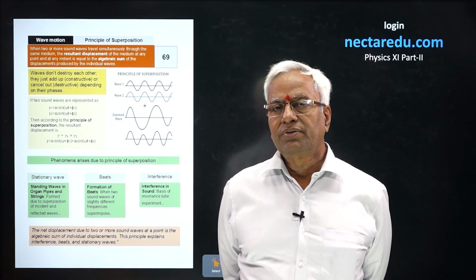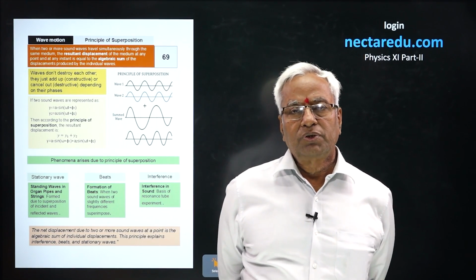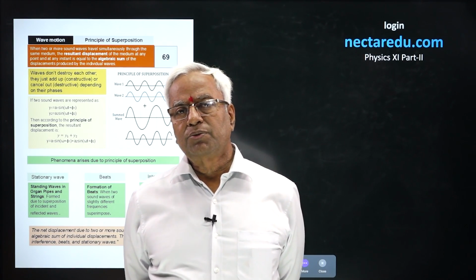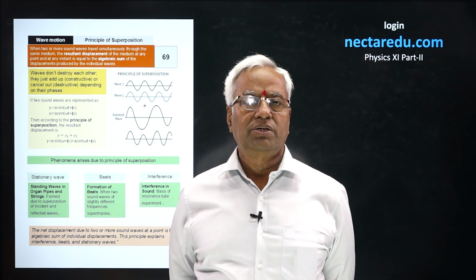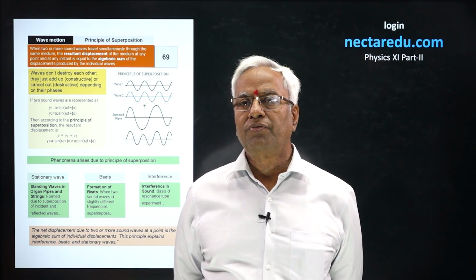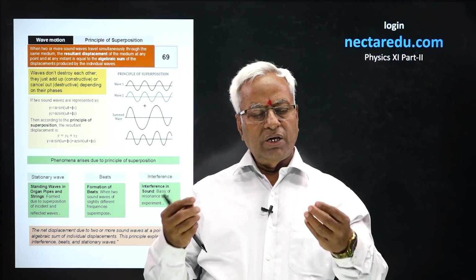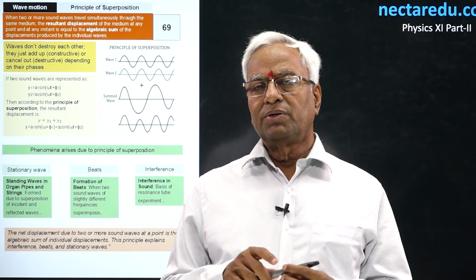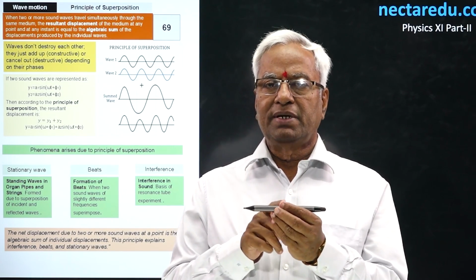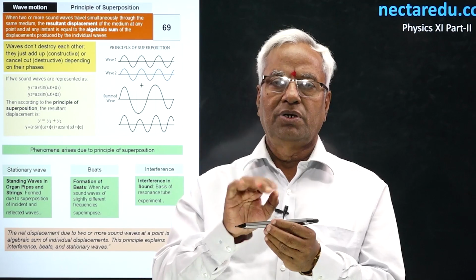Interference. Interference is the outcome of superposition of waves. First of all, we should know what is the superposition technique or the methodology for superimposing the waves. Superposition means simply combination of two waves. And when the waves are traveling, the particle is not getting displaced, it is simply oscillating around its mean position.